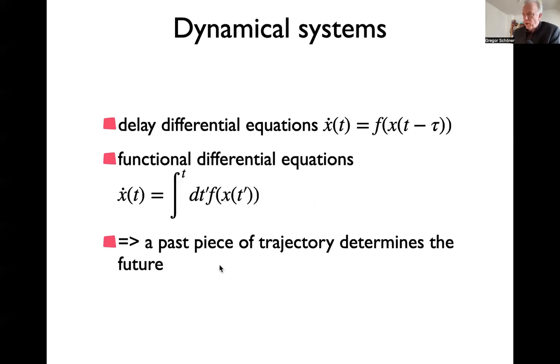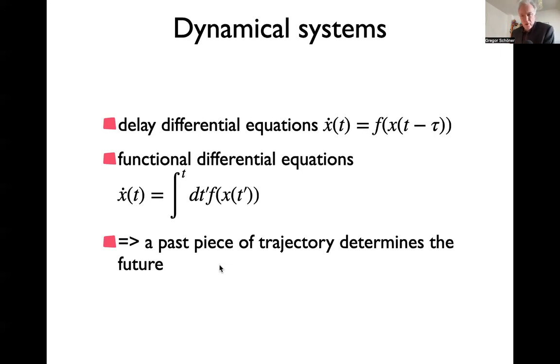So this would be that a whole piece of trajectory would matter. So you see, this sort of violates a little bit this idea of the present determining the future, because here you would say the past, or maybe a whole piece of history, determines the future. It's a part of mathematics, and mathematicians have tried to lift all the concepts from dynamical systems to these, sometimes called functional differential equations or delay equations. They're not really